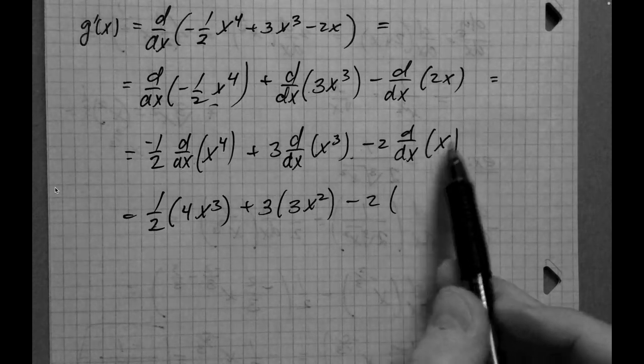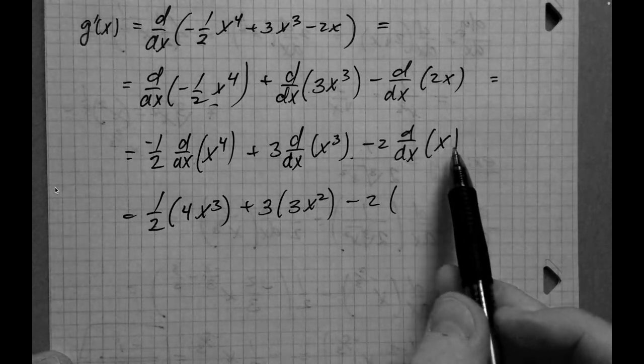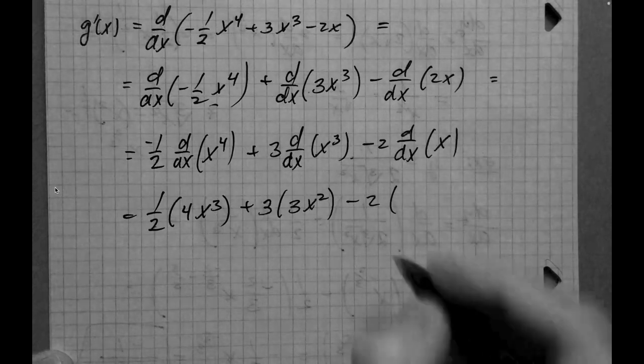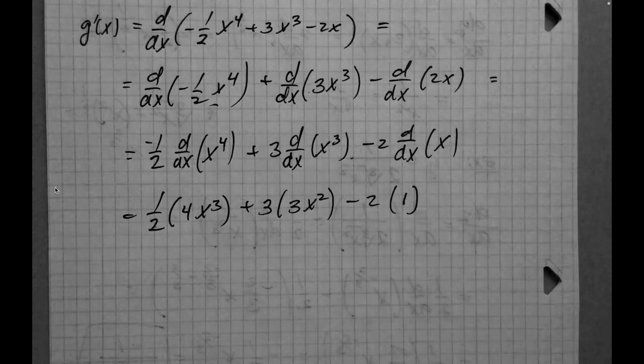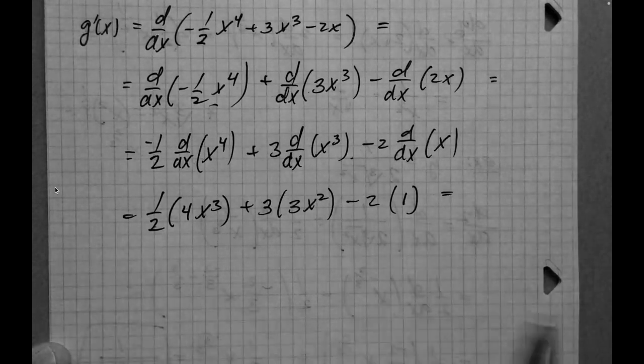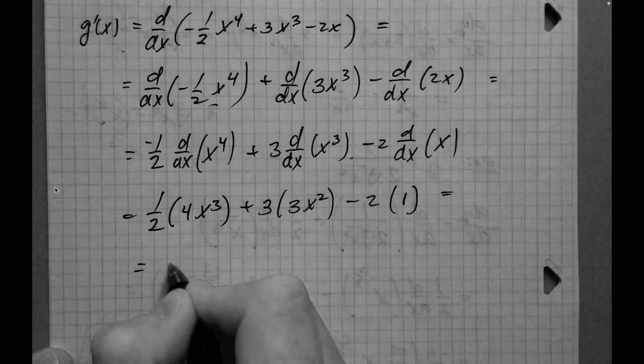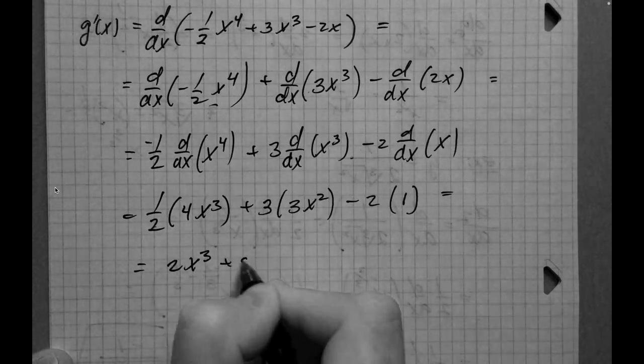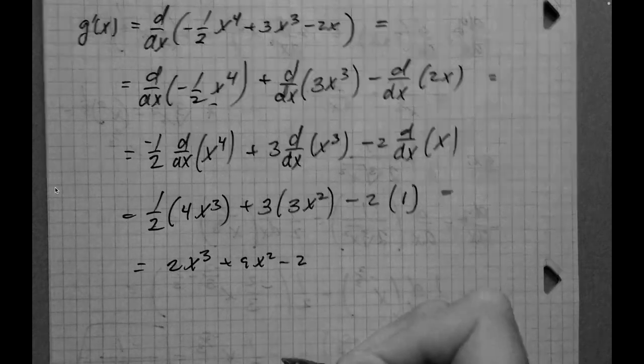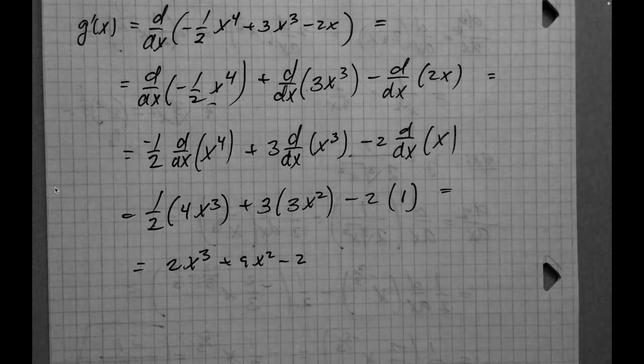So x to the 0 power is what we would end up with here, 1x to the 0 power, which is just 1. Anything raised to the 0 power is 1. So that's what you end up with. And we could quickly simplify this down into 2x cubed plus 9x squared minus 2. All right, so that's a very quick and easy